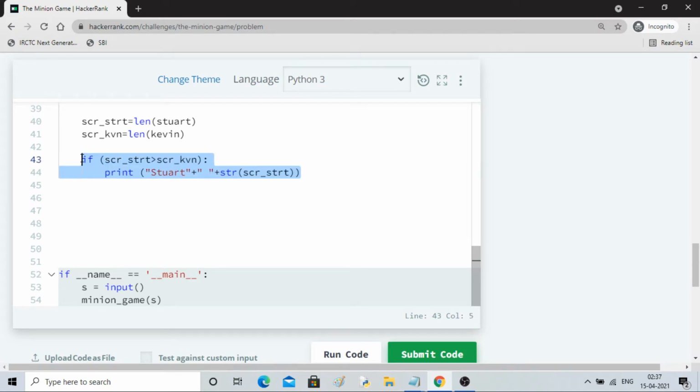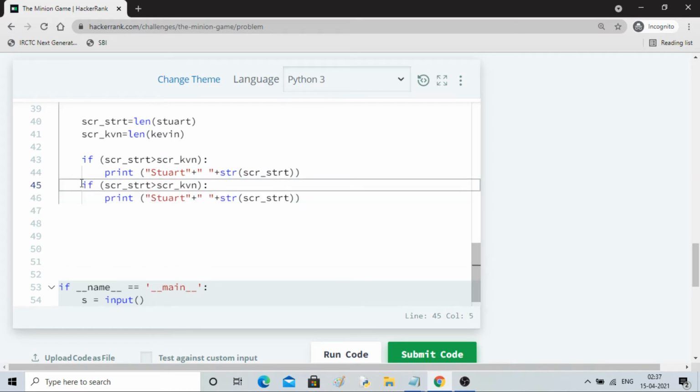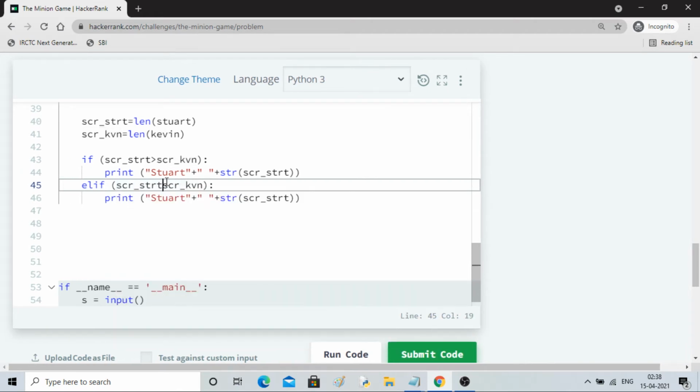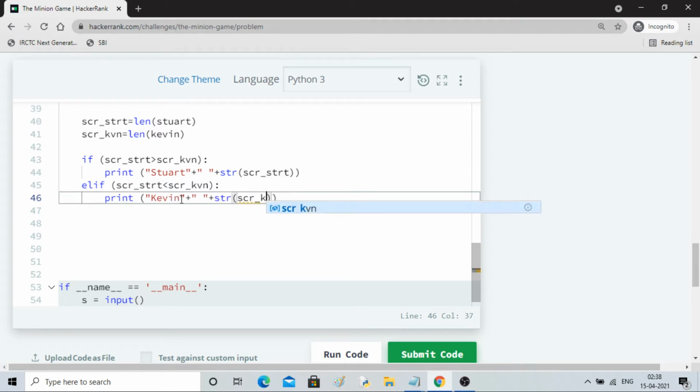Control Z, Control C. Else if Stuart's score is less than Kevin's score, then the Kevin answer will be Kevin, and this will be KVN. Okay, and the third case is the draw case, right?